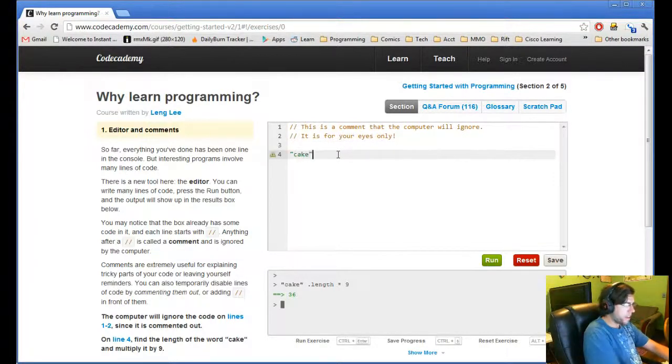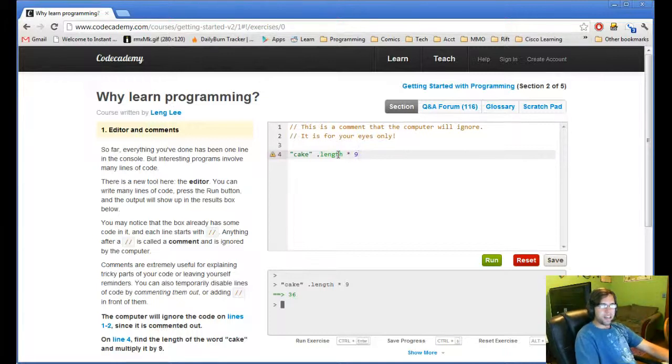Okay. Cake dot length times 9. You see, this could be why it's kind of bad to watch the videos, because figuring this out for yourself is part of the learning process. But, again, if you're not already doing it, why not just take the next step and make it even easier? But I do recommend coming here yourself and doing this on your own. Because even if I watched this video myself and someone showed me how to do it exactly, I'd still get to this point and be like, now I gotta figure it out from scratch because I can't remember exactly what they did. And if I try to remember what they did, it's going to take me longer than if I just figure it out on my own. That's me.